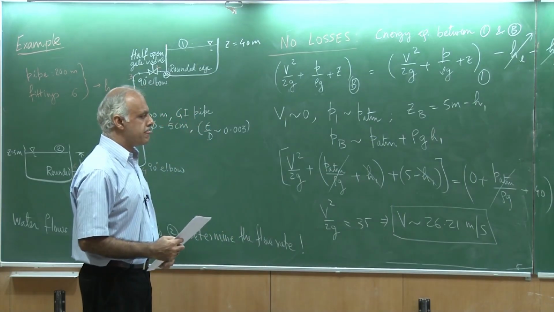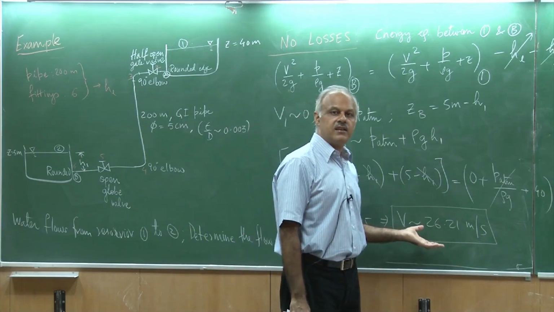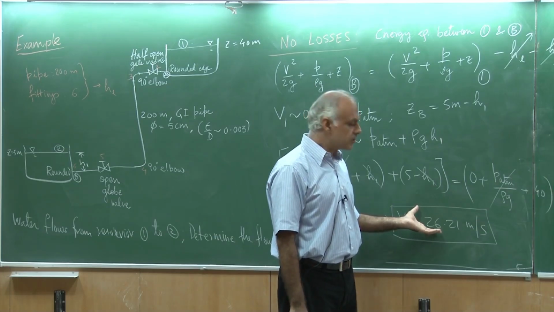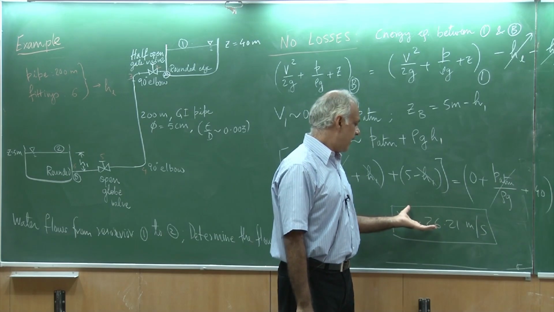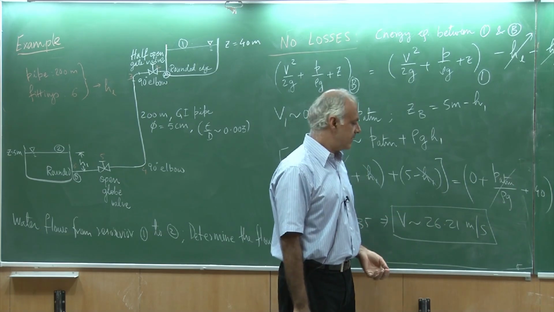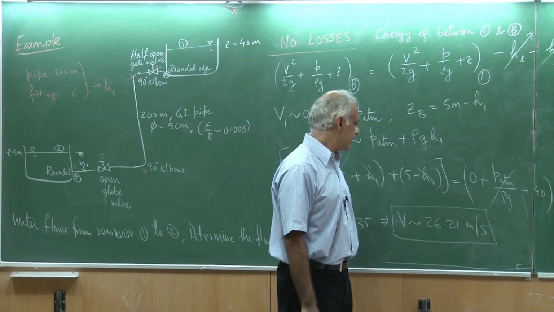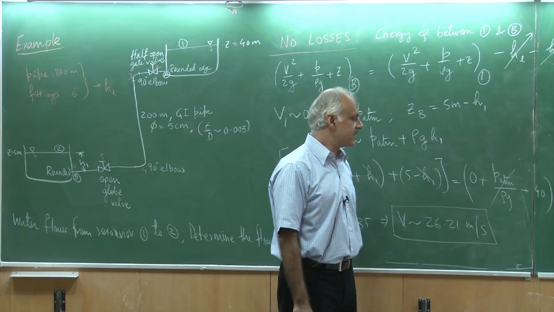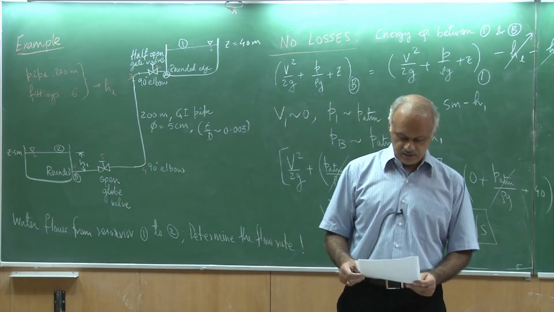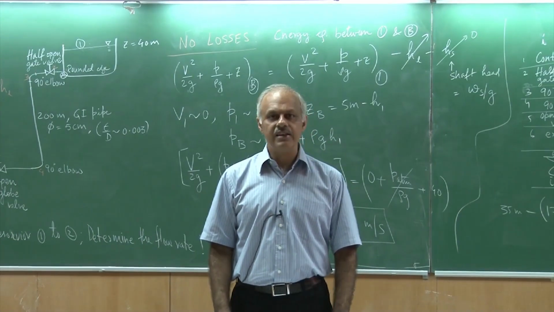So, if I had no losses, the rate of filling of the reservoir at lower height would be much larger. So, Q would be much larger. Q is actually the velocity times the cross sectional area. But if you had losses, then I have only 2.3 meter per second. So, it is about a 10-fold reduction in speed. I hope this problem illustrates to you how to take care of fittings. We will now stop here and we will move on to the next topic in the next session. Thank you.